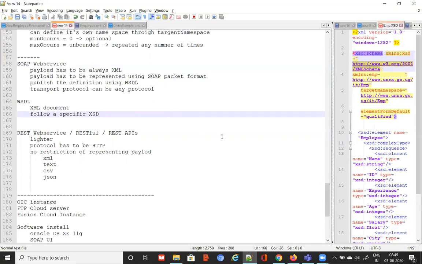But over a period of time, I think yes, this will dominate over the SOAP web services. Already it is dominating now. The usage of SOAP web services will only come down over a period of time. I think already in VBCS they are nowhere accepting SOAP, right? That's true. Now the microservices concept, everything is a REST web service.